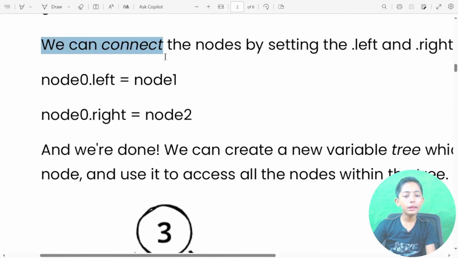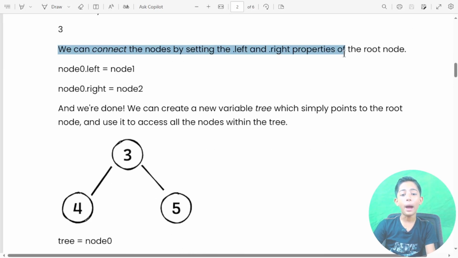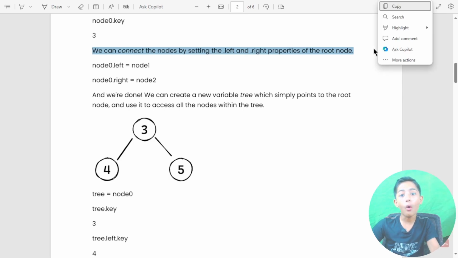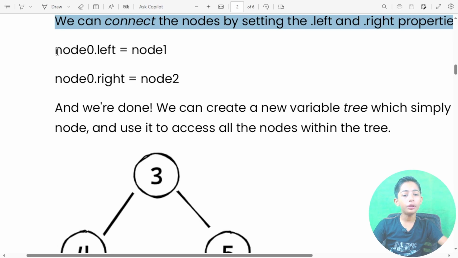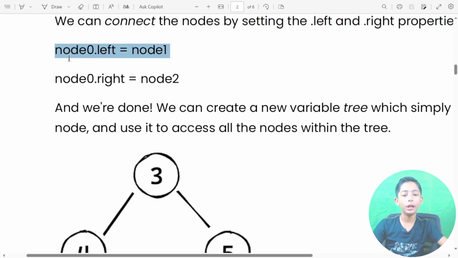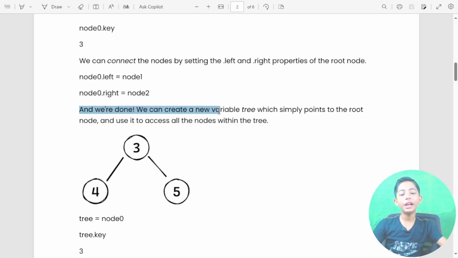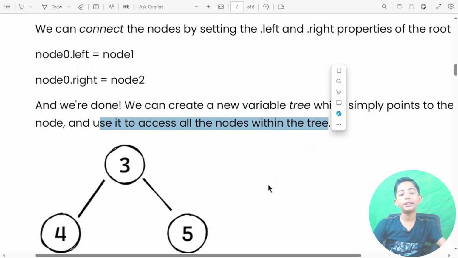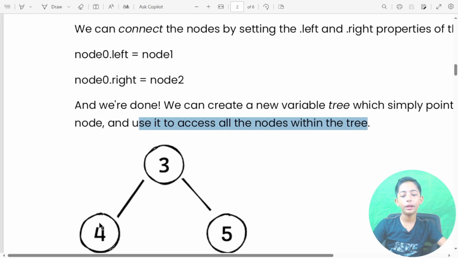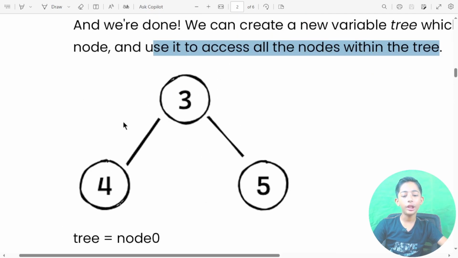We can connect the nodes by setting the left and right properties of the root node, like node0.left equal to node1, node0.right equal to node2, and we are done. We can create a new variable tree which simply points to the root node and use it to access all the nodes within the tree, like in the diagram 3, 4, 5.